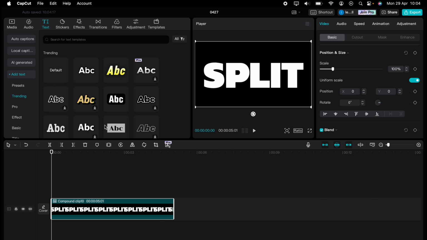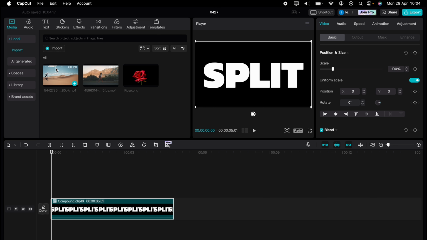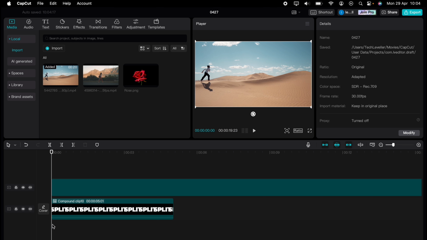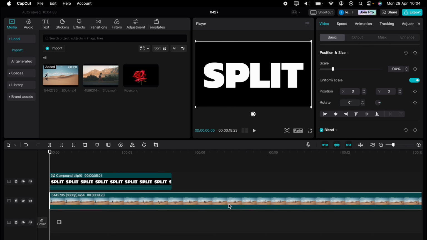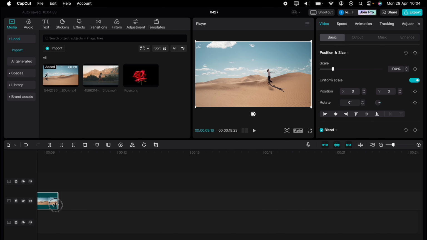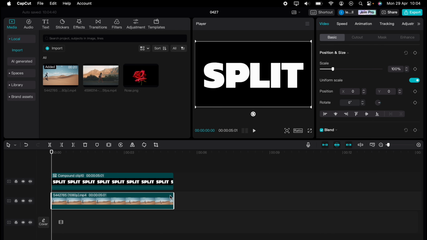Now we need to come up to media and we want to go to the local, as this is where our media is that we want to create the effect on. Then we want to drag the clip onto our timeline and adjust it to the same length of the compound clip we've just made. Now we want to highlight the compound clip, head up to the right hand side, video